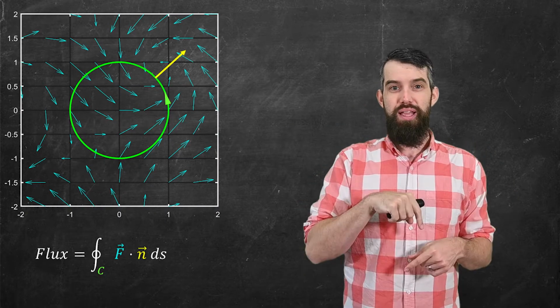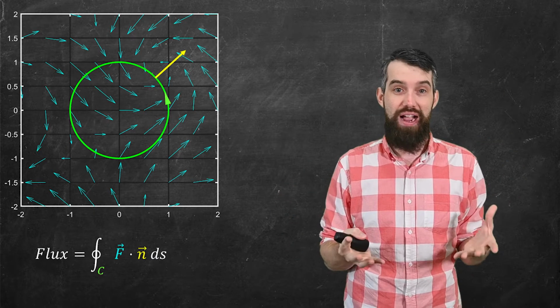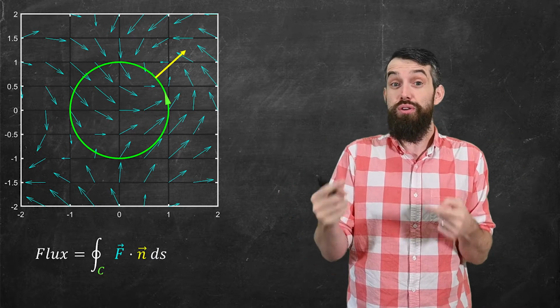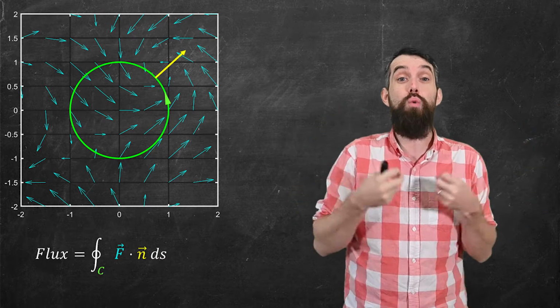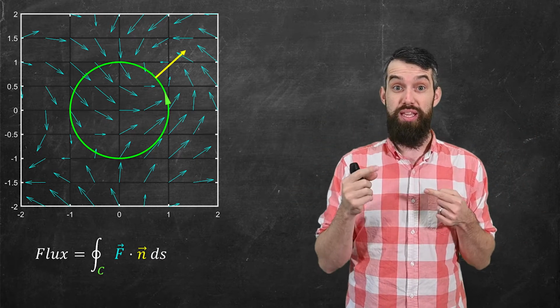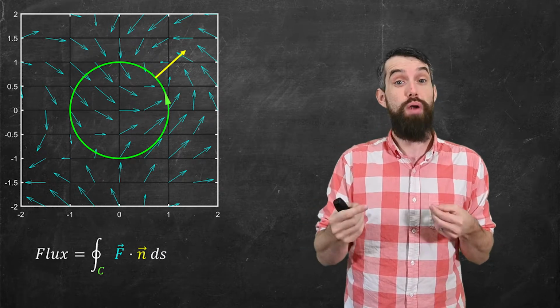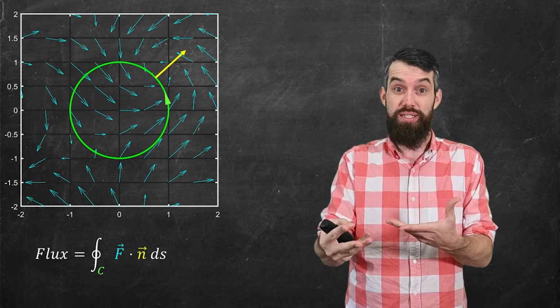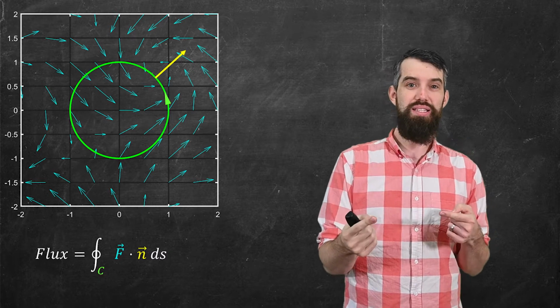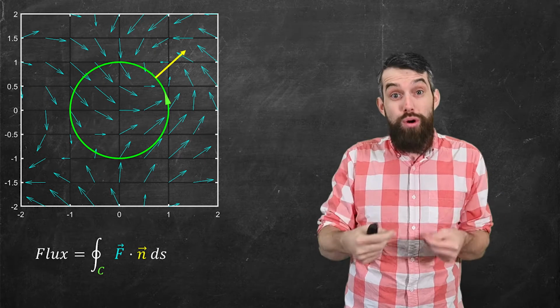seen previously. Here I'm talking about a curve and I have some vector field. And the question is, to what degree is the vector field crossing outwards across this particular curve? And we've seen that this line integral, the integral along the curve of f dot n ds, was going to represent our outward flux. And basically the idea was the dot product with n indicated the proportion of the field